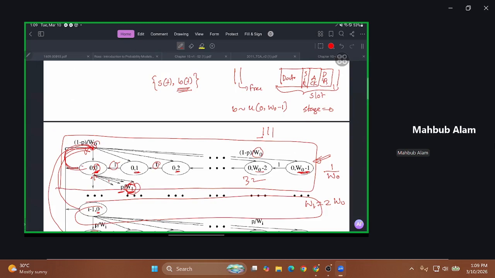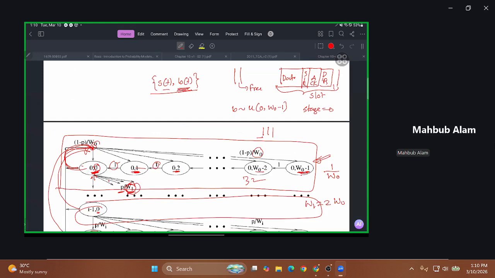One important thing is that the chain can move from 02 to 01 only. From 01, it can go to 00 only. So the probability with which the backup values are decreased is always 1. That's why if the chain starts somewhere here, then eventually with probability 1, it will come here. And once it is at the state 00, where the stage is 0 and the backup counter value is 0, the station transmits.